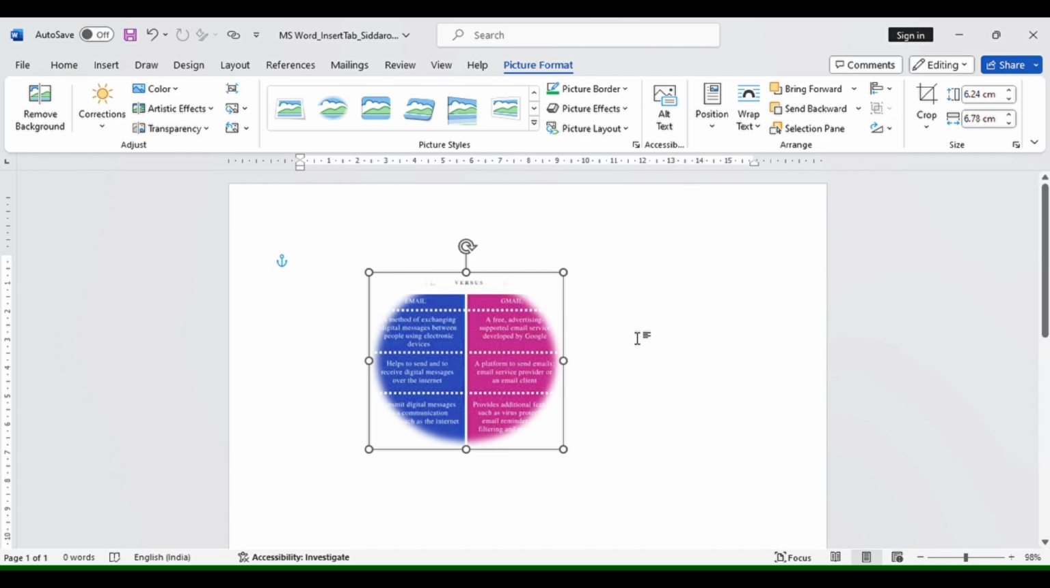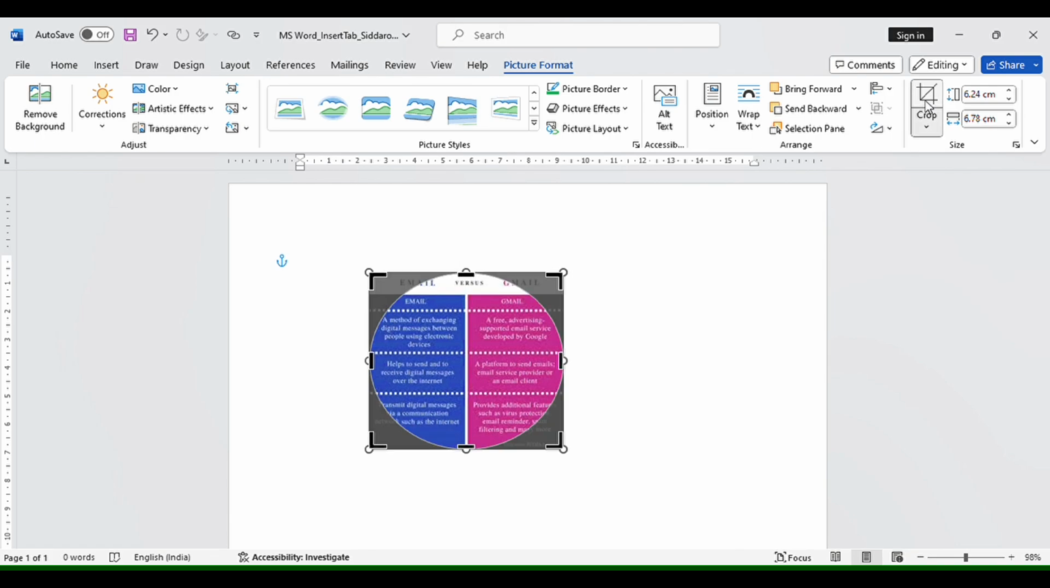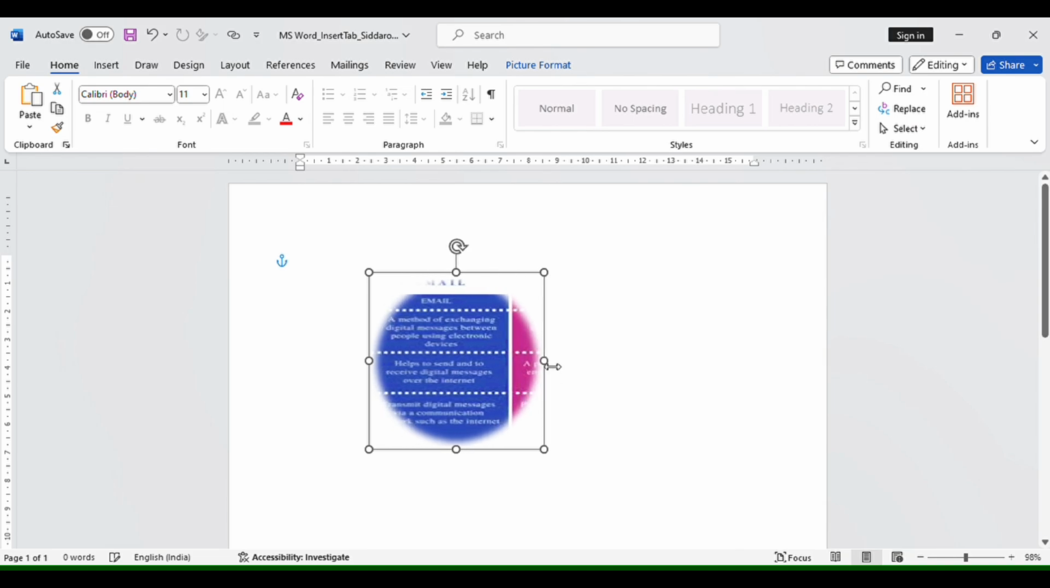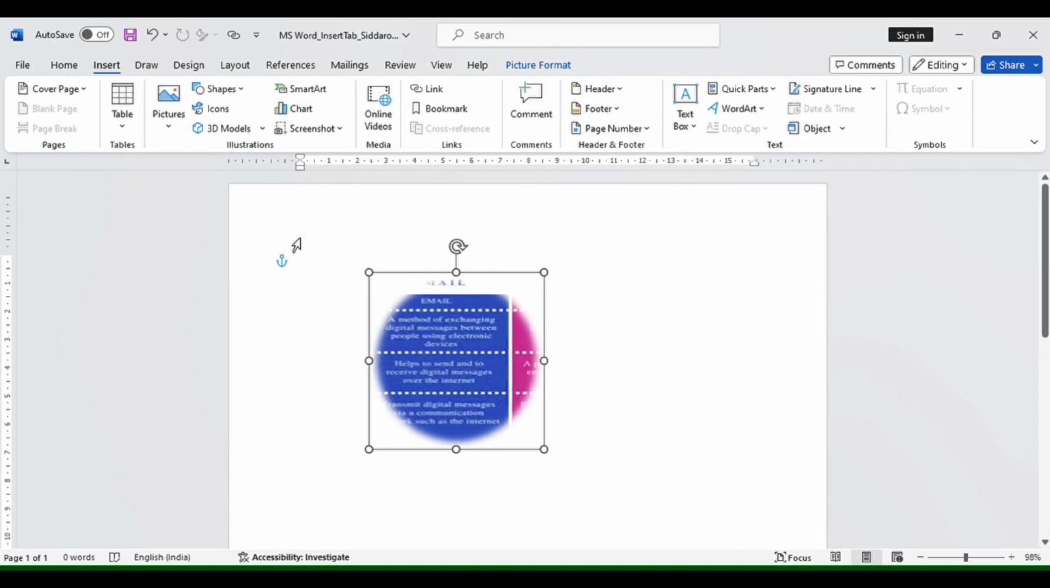Sometimes if you want to crop, there is an option called crop. When you click on here, you can crop how you want. See, getting? So this is how this picture will work, and it's a very important tool. You can use it. And we have one more option called